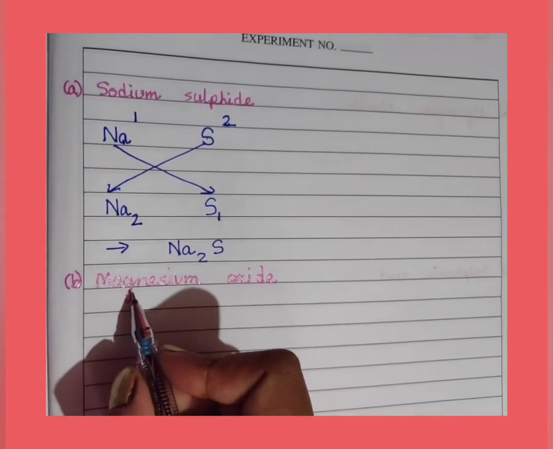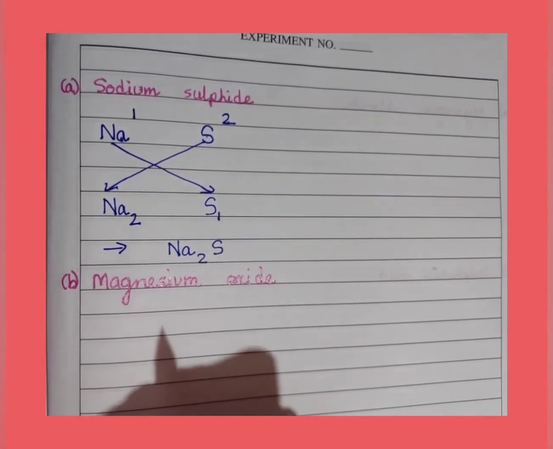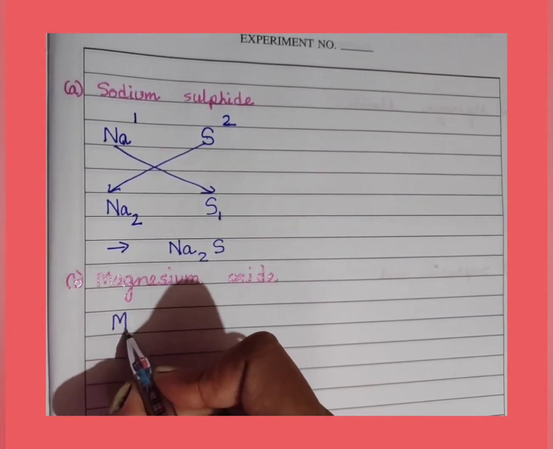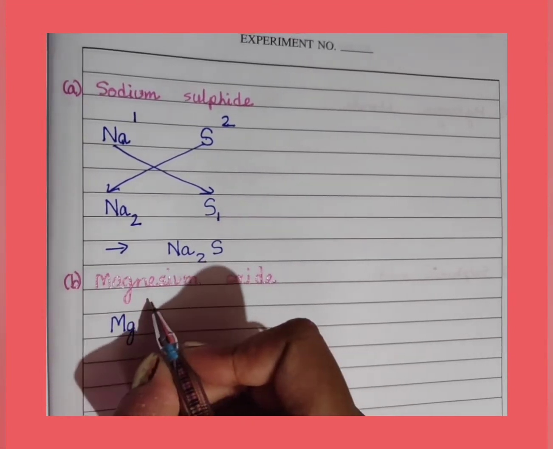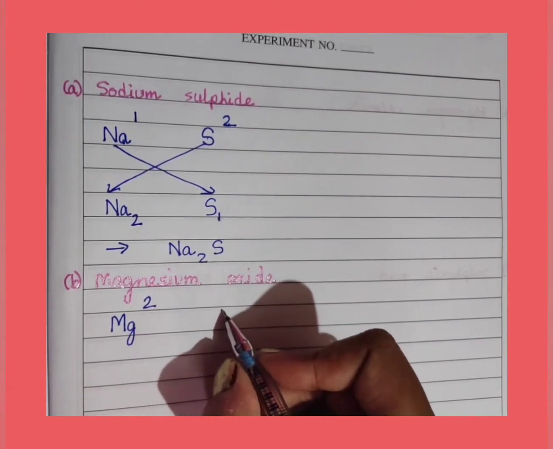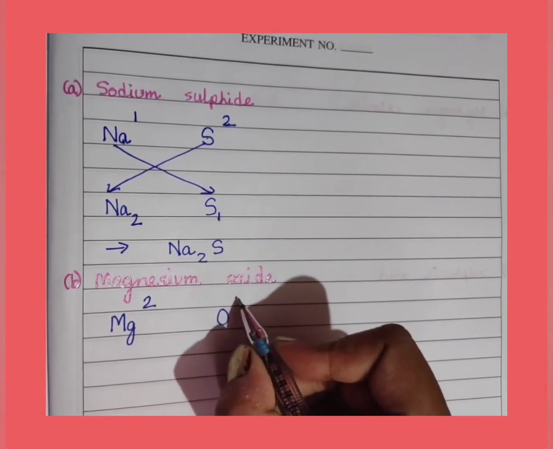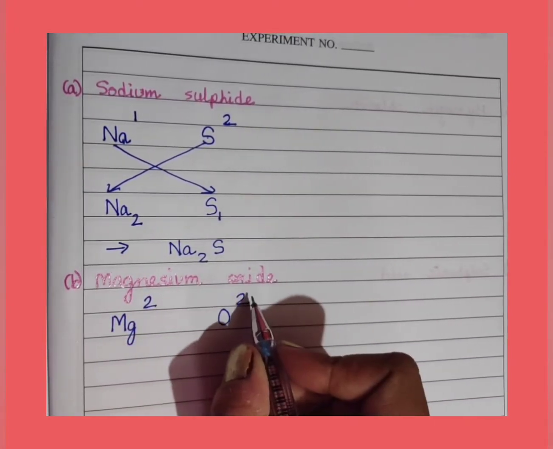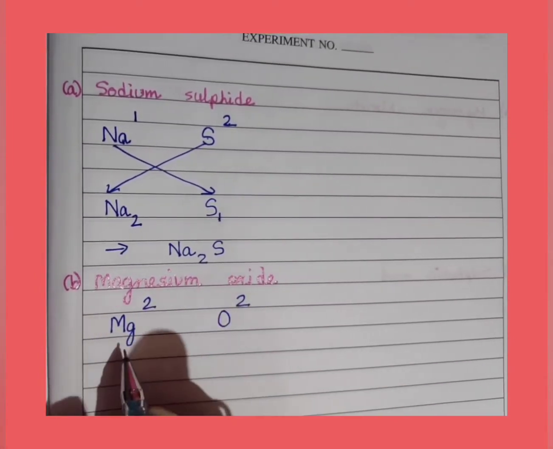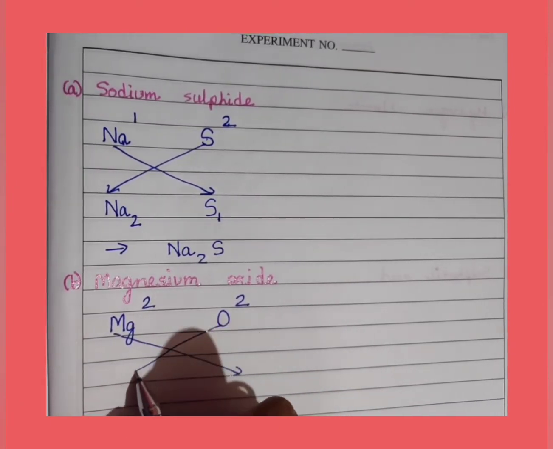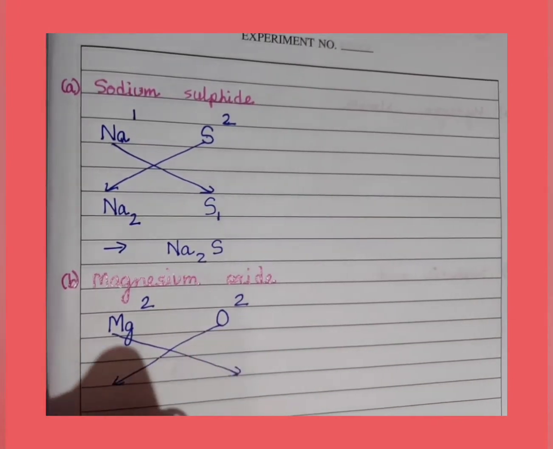Next example is of magnesium oxide, okay. Now magnesium, yes, what is the symbol? Capital M, small g, and the valency is 2. Oxide means oxygen in the combined state, whose valency is also 2. See here, I have not written the positive or negative signs, okay, you have to keep in mind. Then what will happen? They will interchange the valencies. You see, that is why this is also called as the crisscross method.